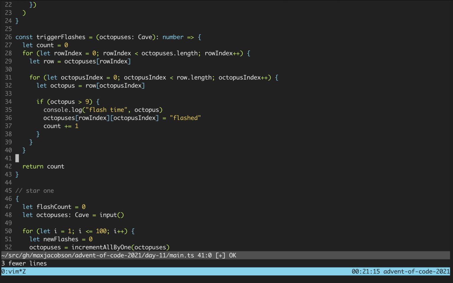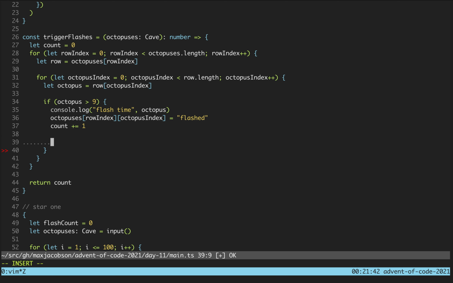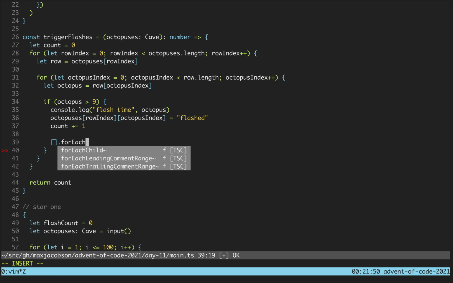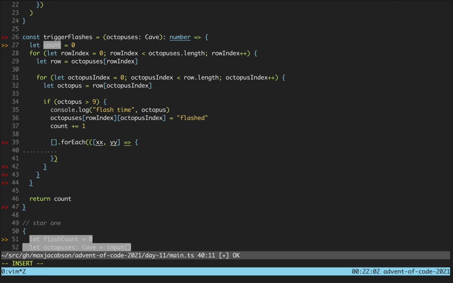Although we could just do it here as well. So potentially we don't even need the loop. We can decide how we want to do this. So right, I think now we'll just say count plus equals 1. Let's just stick with this plan. So let's just then say increment, or rather, let's just do it inline. So we'll say for each octopuses yy xx